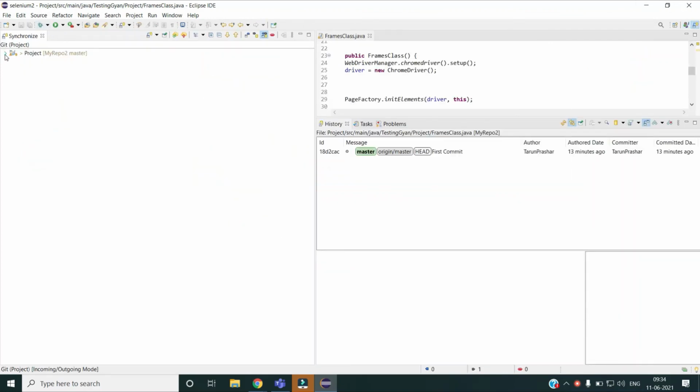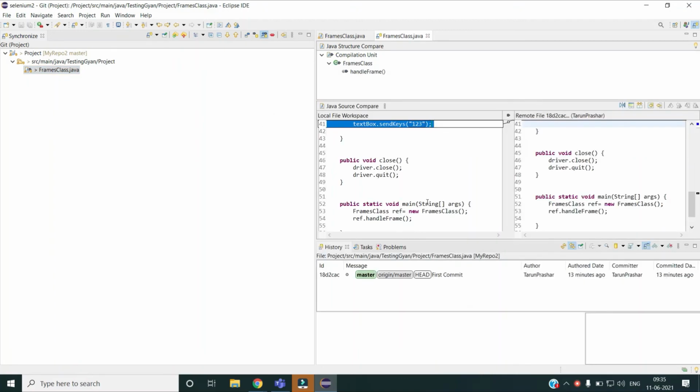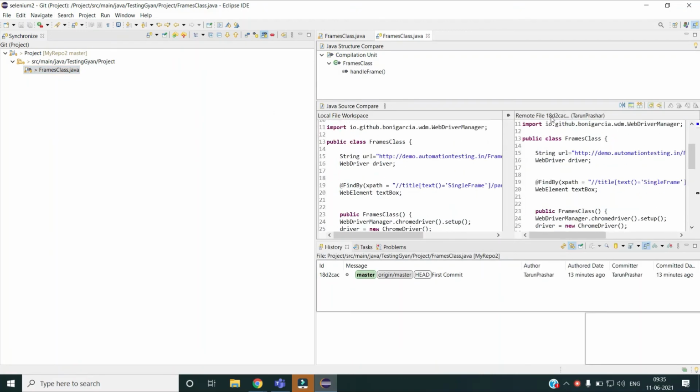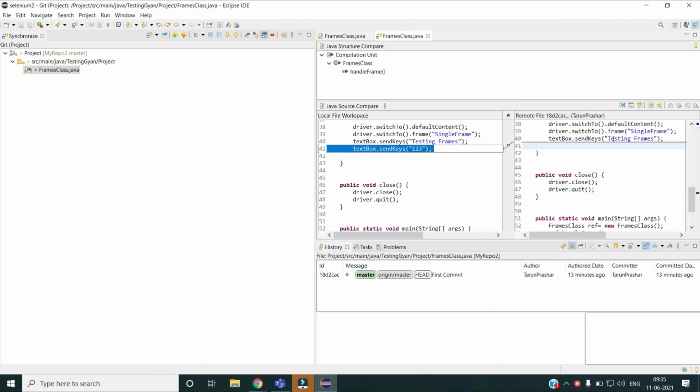Here you can see as soon as I made the change, that particular file is being indicated here. It is being compared with my remote repository, this commit 1.8, which is my last commit. This way you can compare the files, and know what kind of changes you have made. This plugin is very useful when you're working with Eclipse. It has very good advantages which you can utilize, and you can visualize how your code looks in the local code base and in your remote code base. You can compare them, replace them, push, pull, all those kinds of operations you can do.